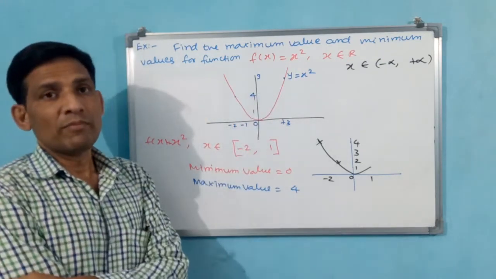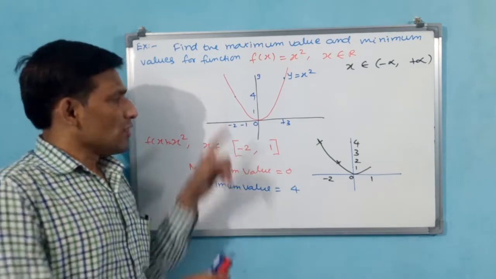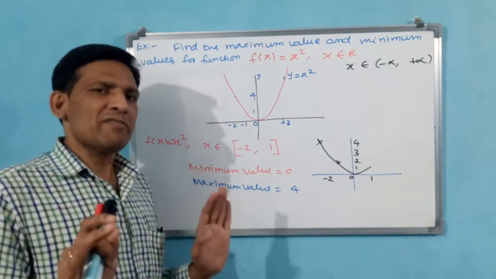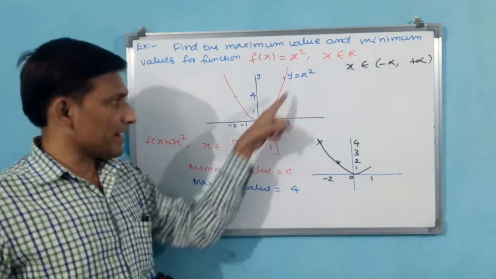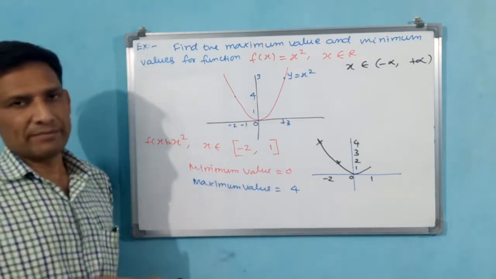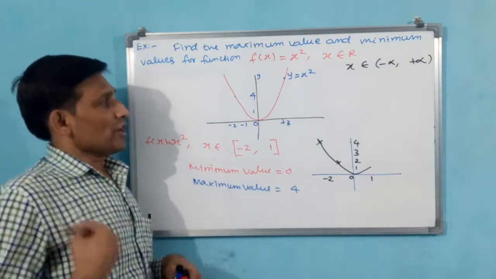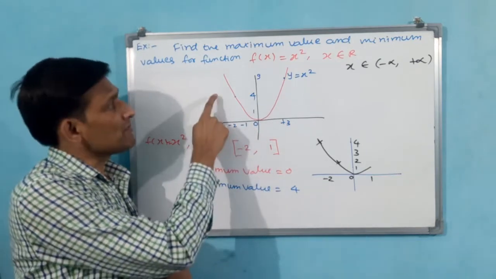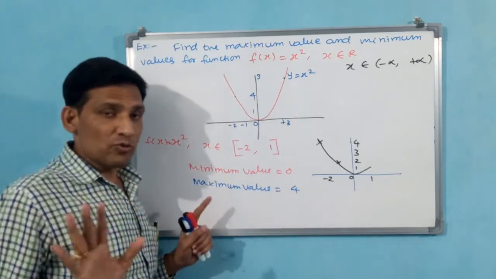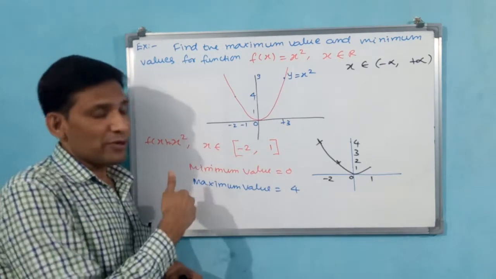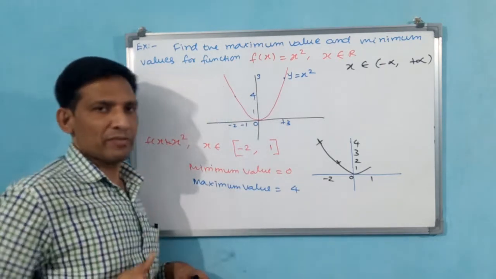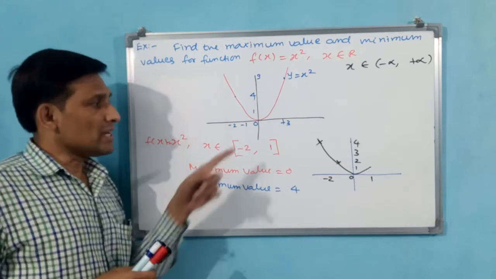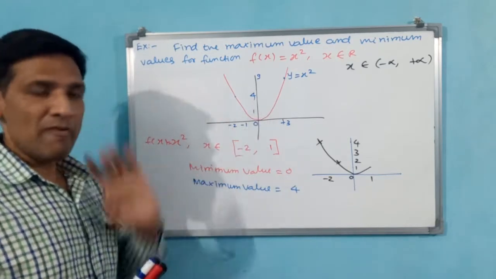First of all, why is any one of the maximum or minimum values available? Because there is a turning point. That is the first point. Afterwards, here the turning point is there, but only minimum value is there. Maximum side infinity is coming. That is why we should not take an infinity value. It may be negative infinity or plus infinity. That is why here we have not taken maximum value, only minimum value.